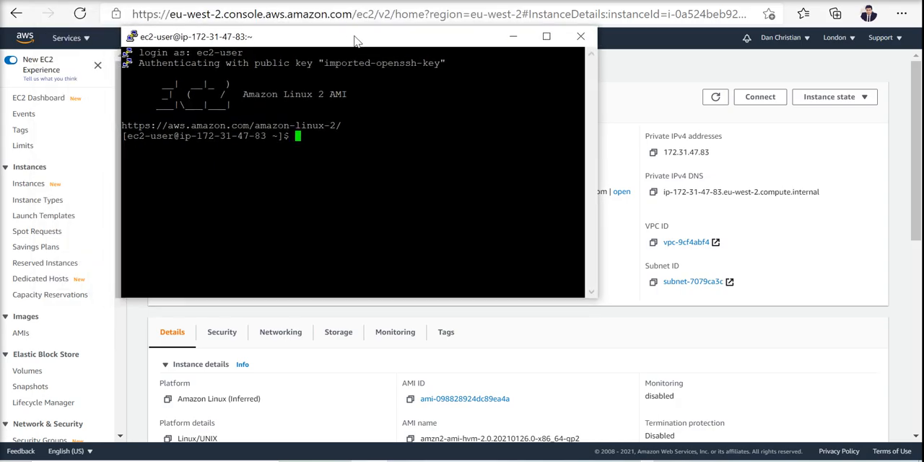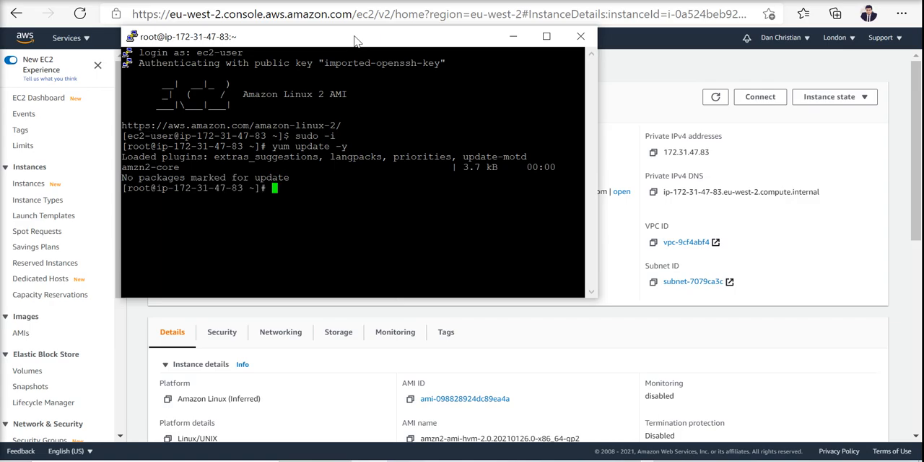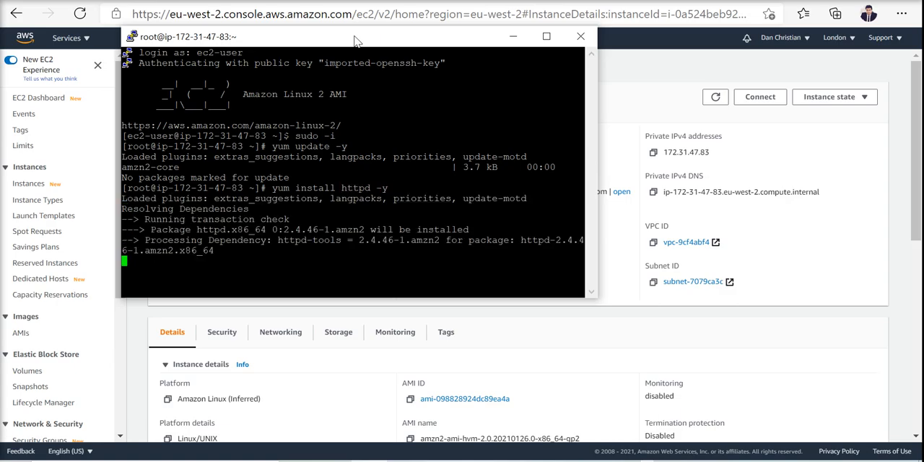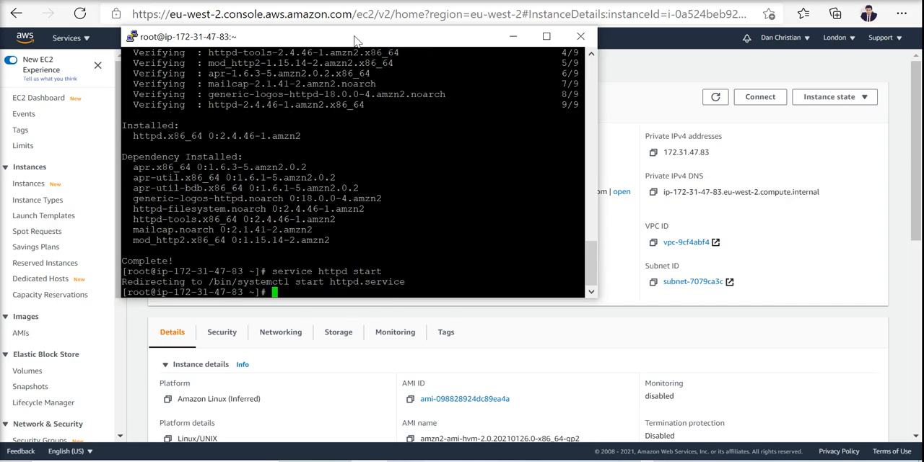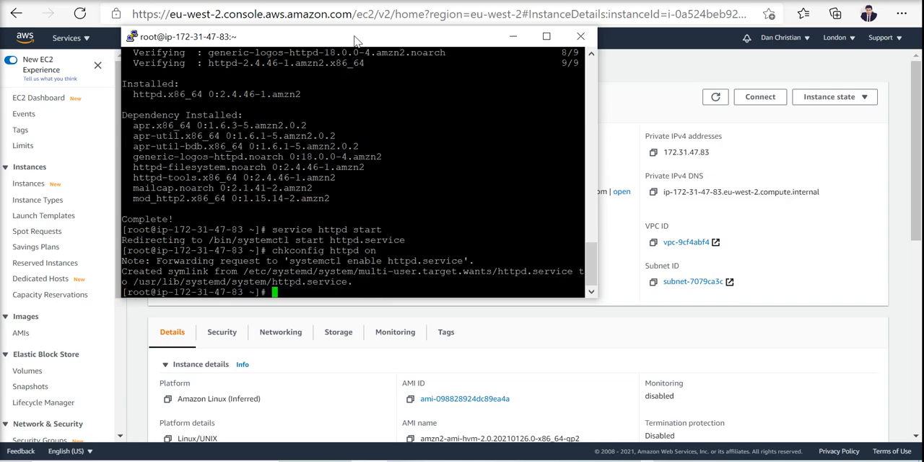Once you have done this, after you have run these commands on the Linux server,